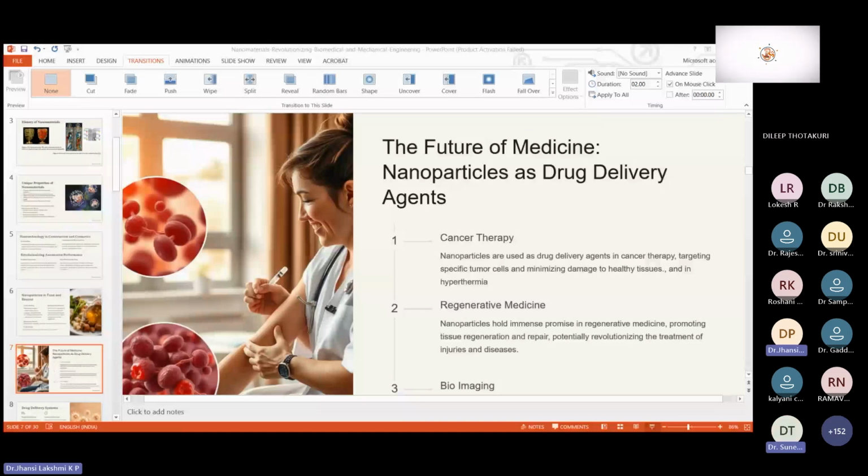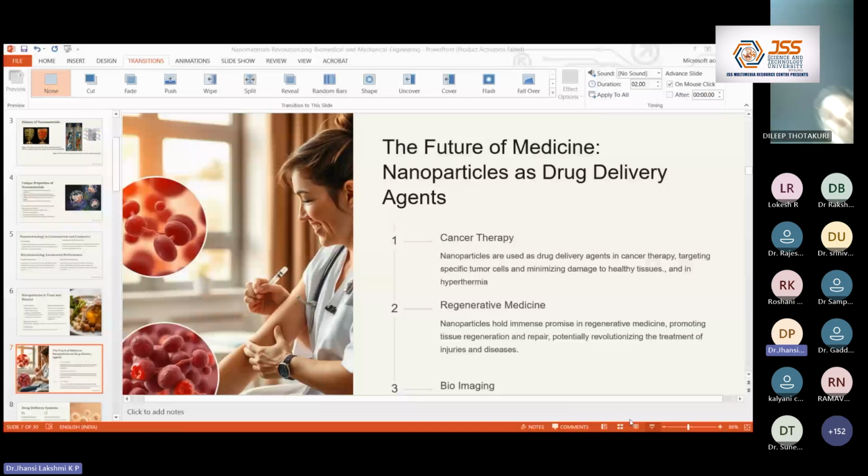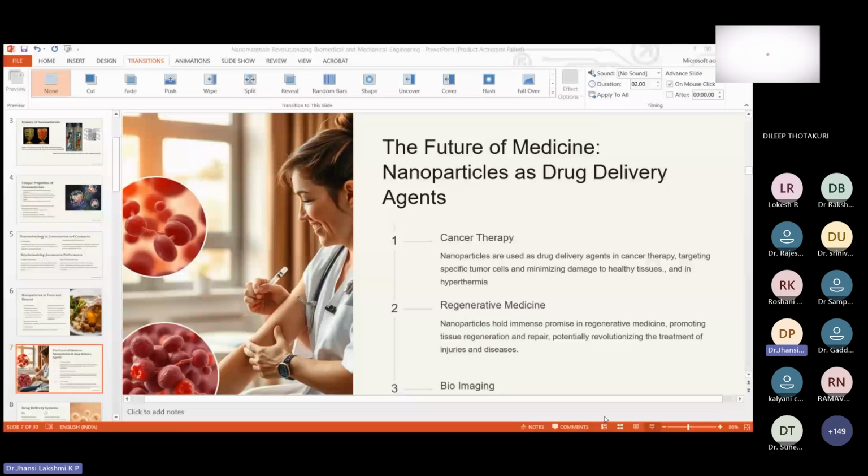Okay, MRI scans. What are bioimaging techniques such as MRI, computed tomography, and positron emission tomography? These are all techniques used for the detection and diagnosis of diseases. These nanoparticles, because of their very small size, will detect even very small or minute carcinogenic tissues also. So, the earlier the detection, the better the cure. This is what everyone thinks, and it happens.